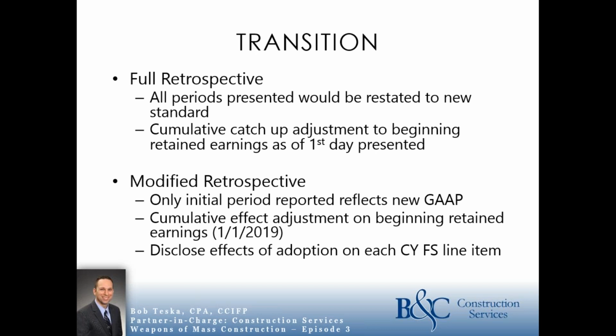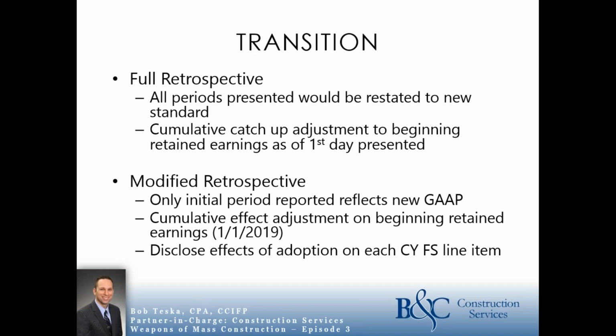That's more complicated than I think our firm is going to do, restating the prior year. So more than likely, we're going to use the modified retrospective. So 12/31/19 is going to be under new GAAP, and then there's going to be an adjustment to beginning retained earnings. So the 1/1/19 retained earnings, there's going to be an adjustment to that you disclose,